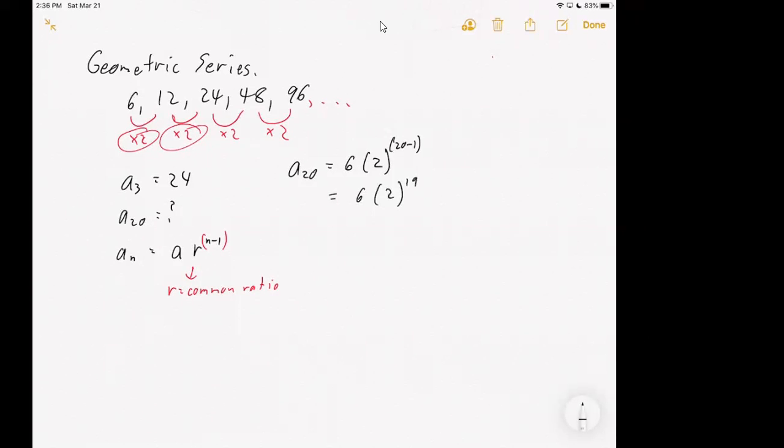That's a good problem for your calculator. So I'm just going to pause quickly and there you have it. The number is 3,145,728. So that brings up the power of doubling. By the time we have doubled 6, 19 times, we'll be up to a very, very large number. So while 6 doesn't seem big and 12 doesn't seem that large, if we keep on doubling, this thing exponentially grows. So you can see actually the general formula